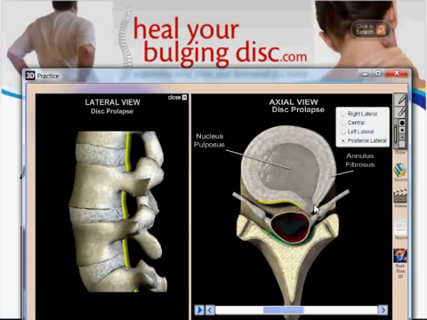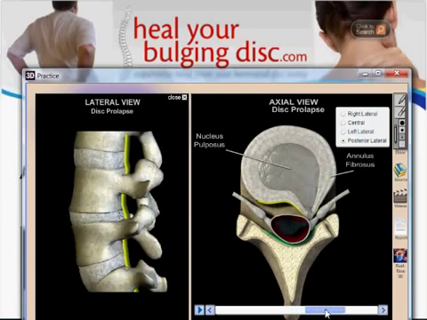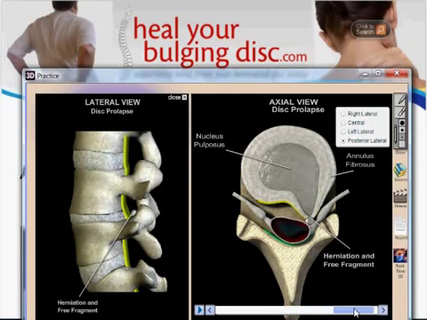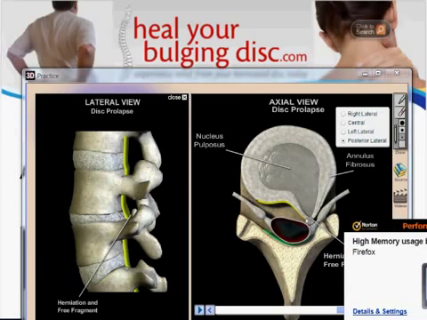And at this stage, we would call this a herniated disc. So the biggest difference here is that with the bulging disc, the wall stays intact. With the herniated disc, the wall actually tears, and that's the biggest difference. Now, if this continues to get worse, eventually the nucleus is going to push completely outside of the disc, and once the nuclear tissue starts to actually exit the disc, we call this a ruptured disc. And what that means, of course, is that